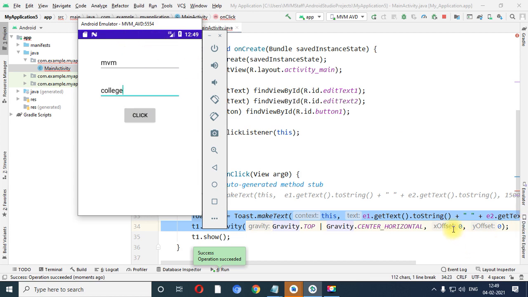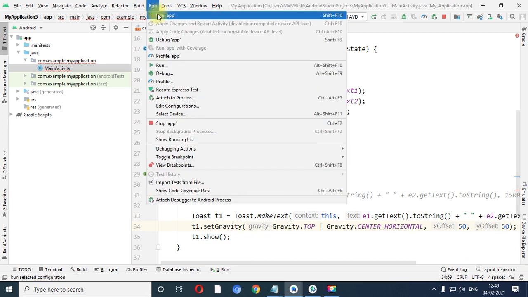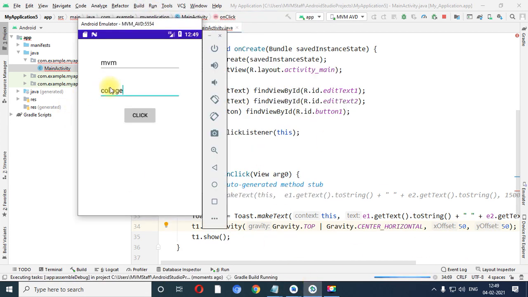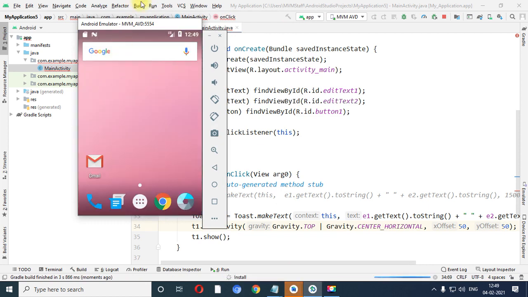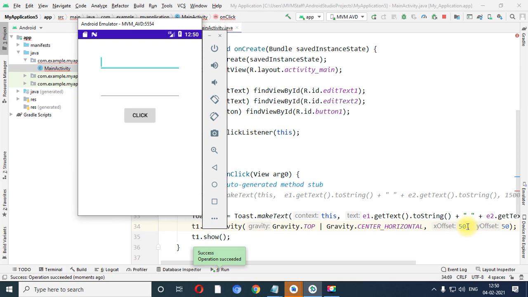Now see, when you set x offset and y offset, that means x offset is 50 and y offset is 50, at that time also you will get different output. That means your toast is somewhere else on the screen. Gravity is top, center horizontal, x offset is 50 and y offset is 50.